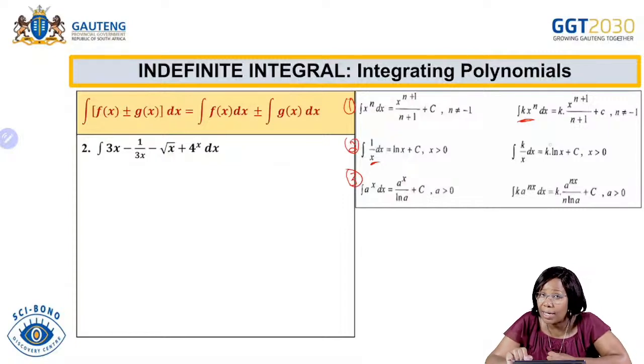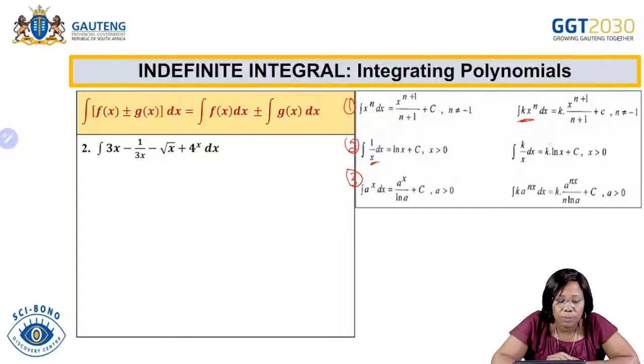I'm repeating again. Rule number 3, x must be on the exponent. Rule number 2, x must be on the denominator. It must be x to the power 1. Everything else, rule number 1. Okay? Now, let's see now. Let's start by writing that x in exponential form, x to the power half. And then we get rid of the square root sign. That will be integration of 3x